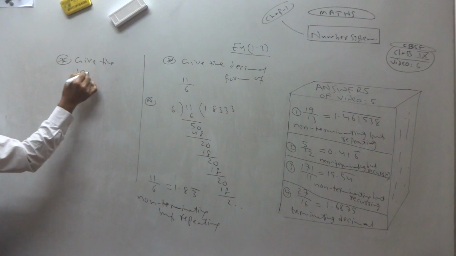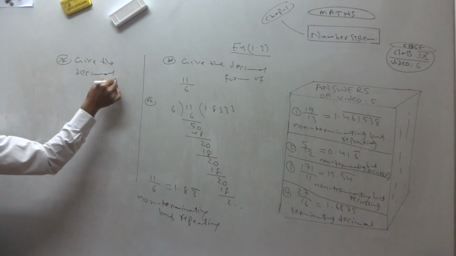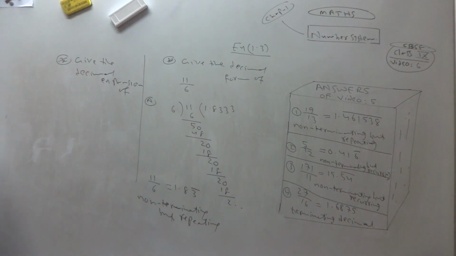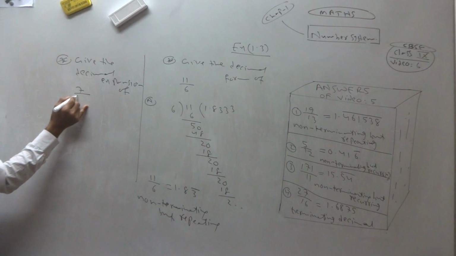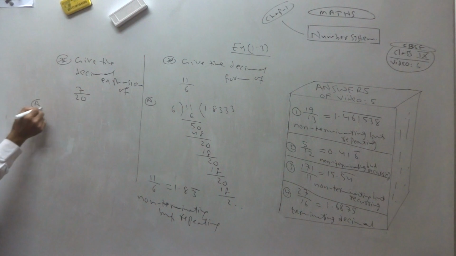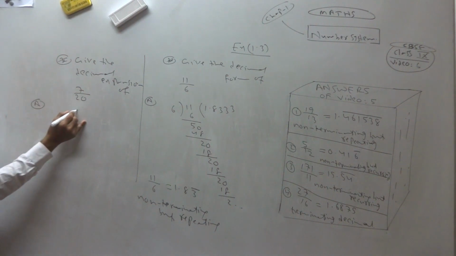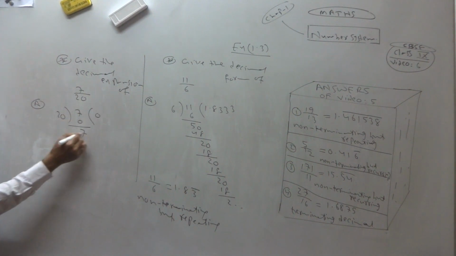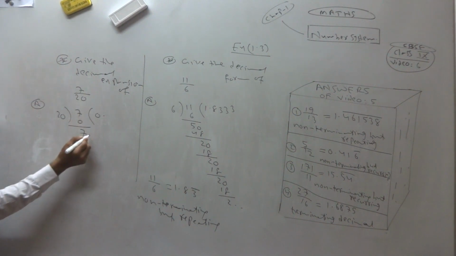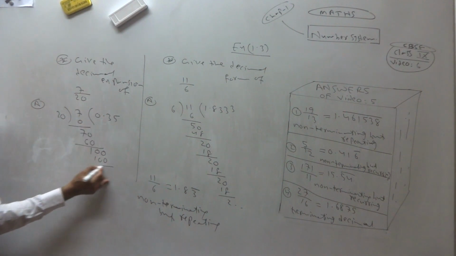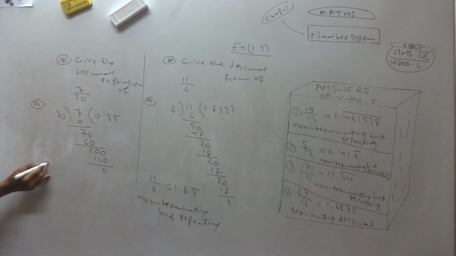Yeah, I am doing one more example. Give the decimal expansion or give the decimal form of, suppose this is the question, 7 by 20. Okay? 7 divided by 20. 20 zeros are 0, 7 left. We put decimal and 0. 20 3s are 60, 10 left. We put 0. 20 5s are 100, finished. So what is the answer? 7 by 20 is what?